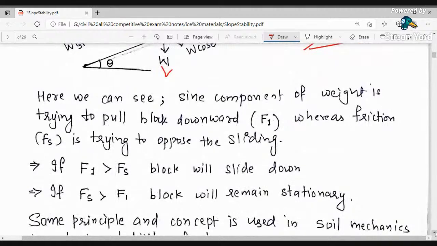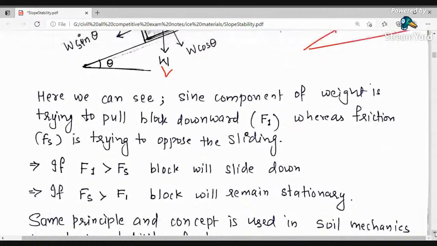Here we can see that the component of weight is trying to pull the block downward, F1, whereas friction Fs is trying to oppose the sliding. So if F1 is more than the friction force, the block will slide. Obviously,